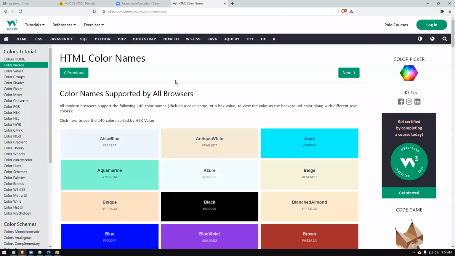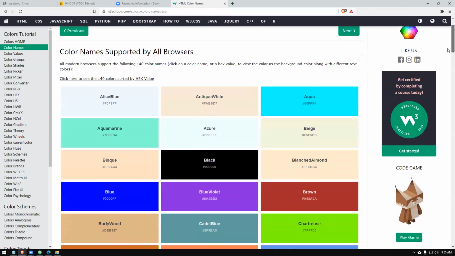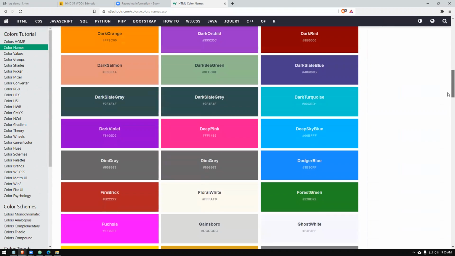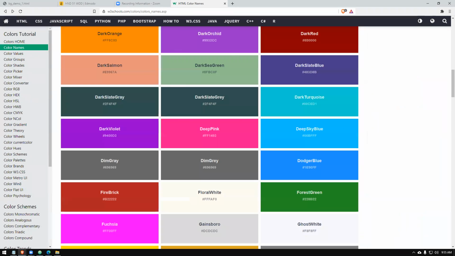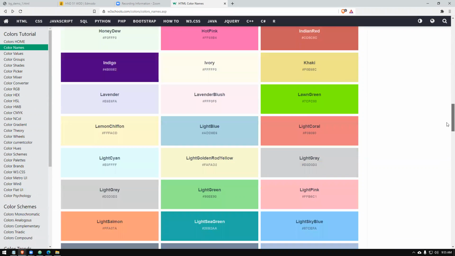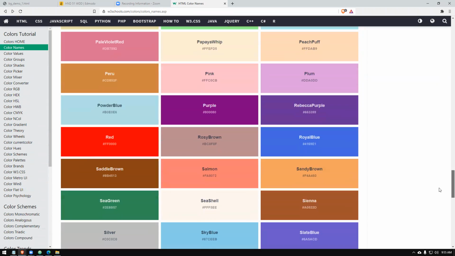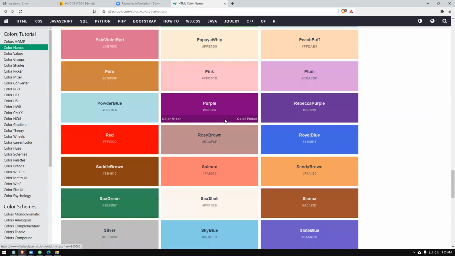If you go to W3Schools, color names supported by all browsers, 140 colors are there with their hexadecimal values. If you like a color from this panel or palette, you can simply use this code, then it will work. For example, I'll show you.